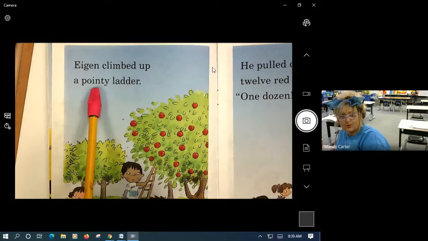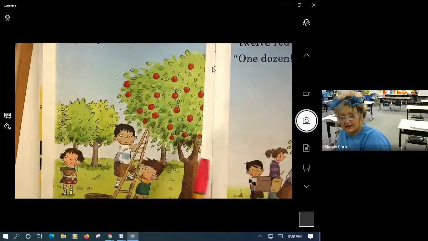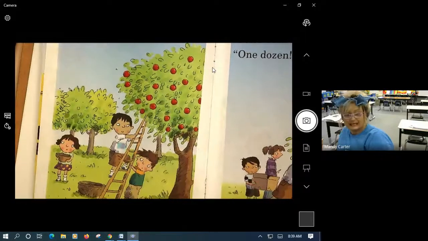There's our word pointy. So there she's going up that pointy ladder. Or he